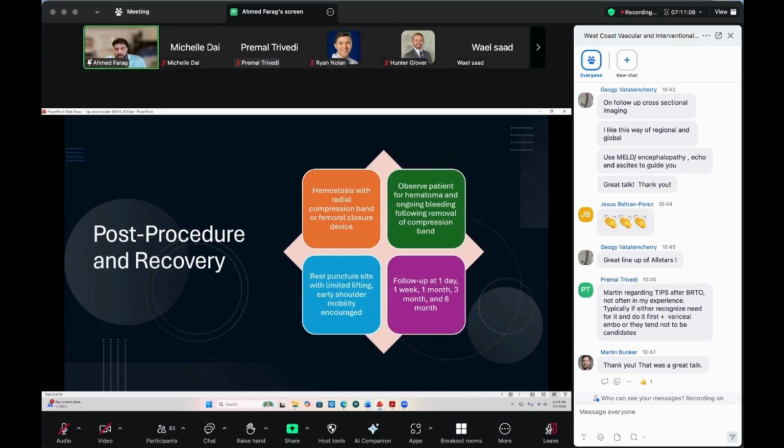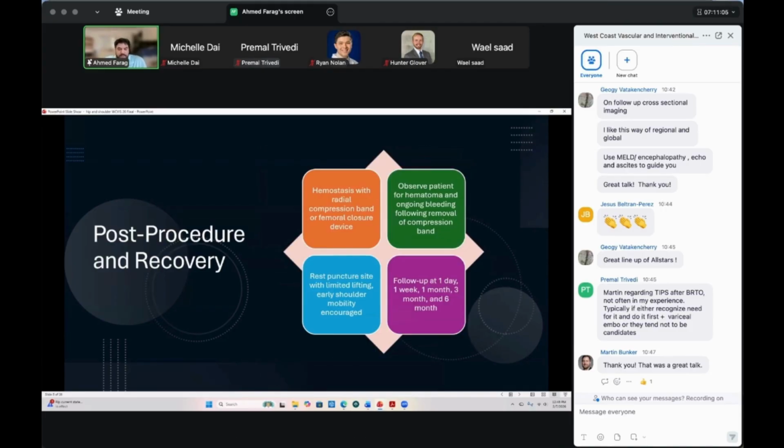And post-procedure, depending how you go, the majority of it is either pedal or radial for us. So we use a compression device after we observe for any bleeding. Anyone who I think is going to be difficult for a TR band or a pedal band, I'll just hold 10 to 15 minutes. And then we tell them to take it easy for a few days. I always do a 1 day follow-up just to check the arterial puncture site. And then from there, we follow up at 1, 3, 6 months.